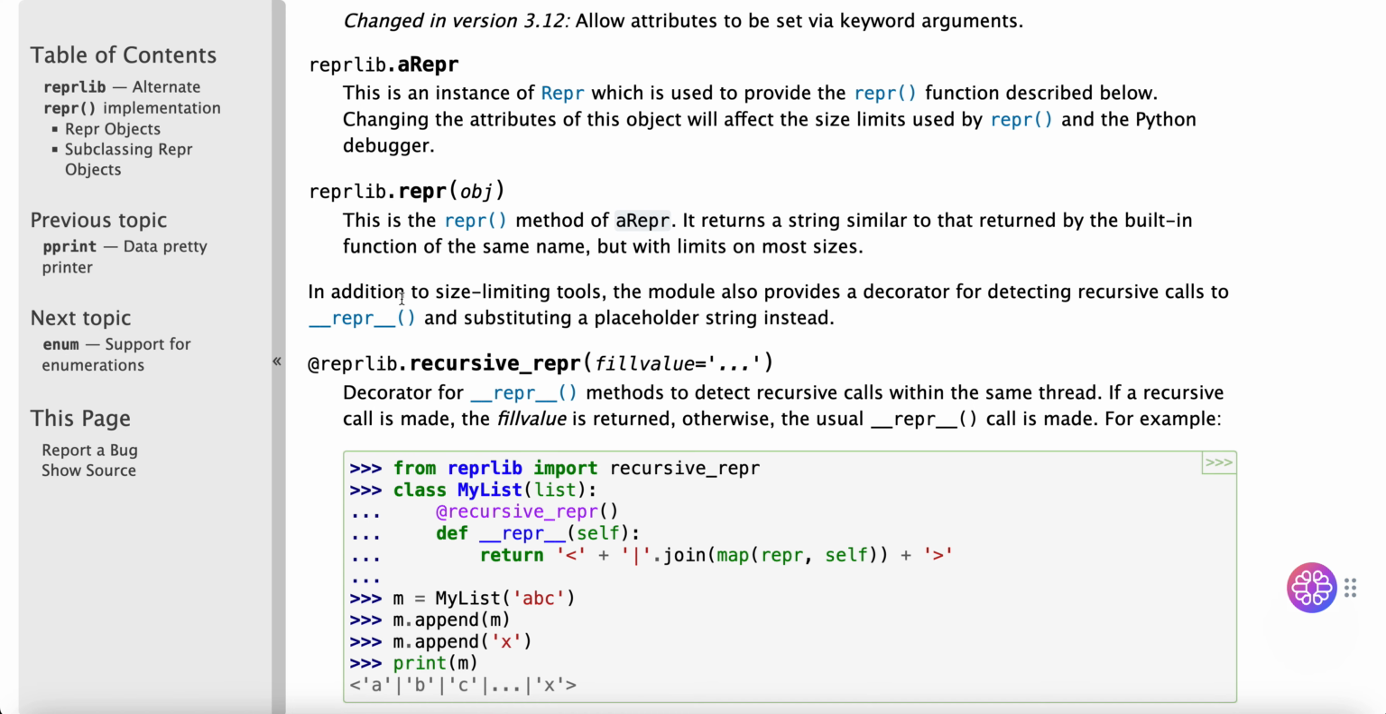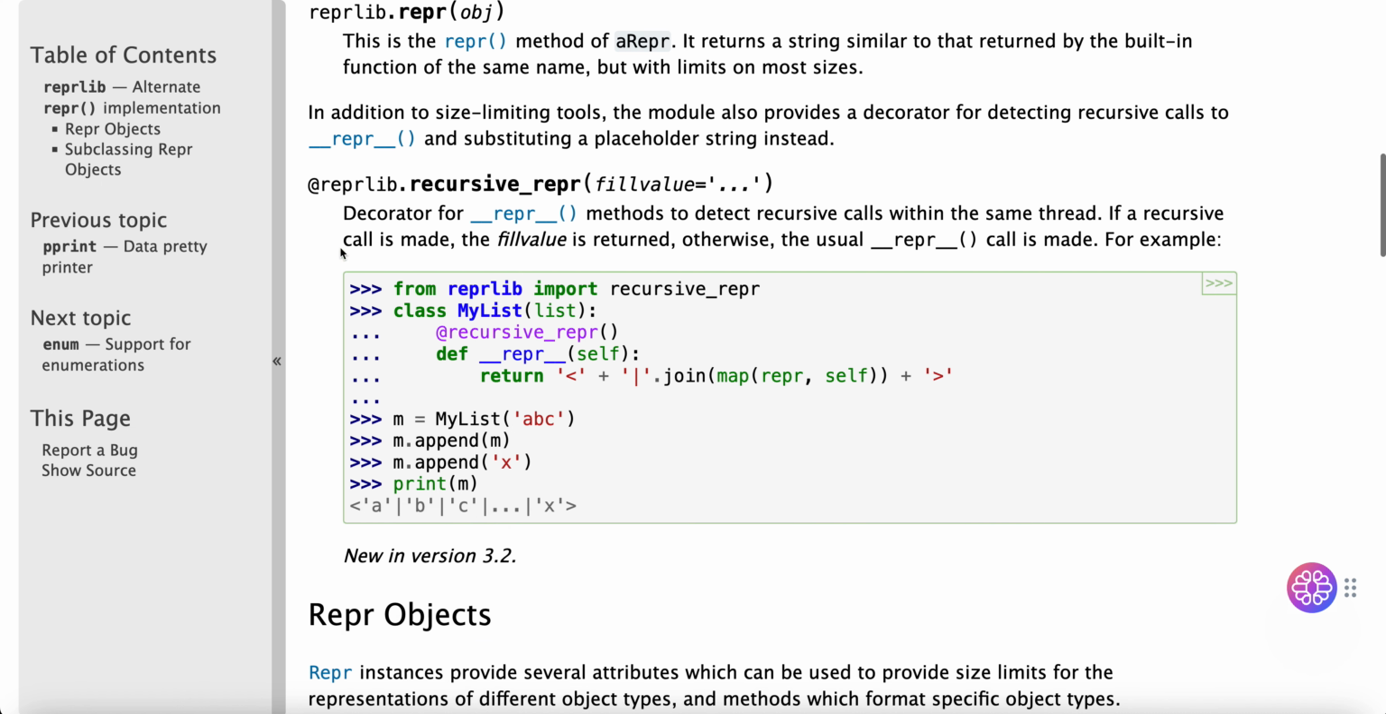In addition to size-limiting tools, the module also provides a decorator for detecting recursive calls to __repr__() methods and substituting a placeholder string instead. @reprlib.recursive_repr(fillvalue='...'): Decorator for __repr__() methods to detect recursive calls within the same thread. If a recursive call is made, the fillvalue is returned. Otherwise, the usual __repr__() call is made. For example: